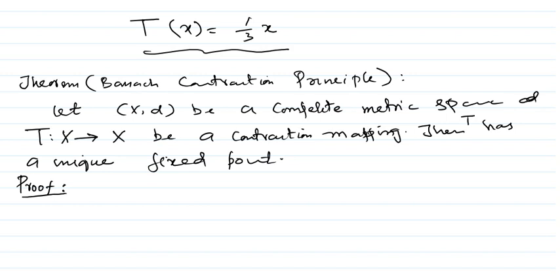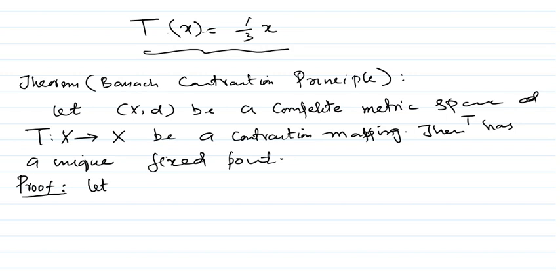So whenever you see a complete metric space, it's clear that you must construct some Cauchy sequence, then apply the convergence. So how do we construct that Cauchy sequence here? We begin with an arbitrary point in our space X, and we apply T repeatedly on that. Say T of x, then again we apply T, then again we apply T, and we get a sequence of points, and we'll see that that sequence is a Cauchy sequence. Okay, so let's fix any point. Let x naught be an arbitrary but fixed point